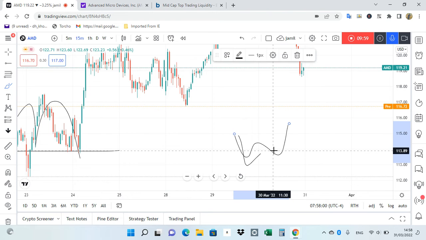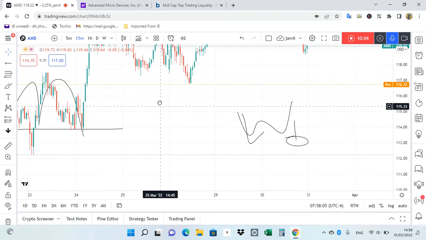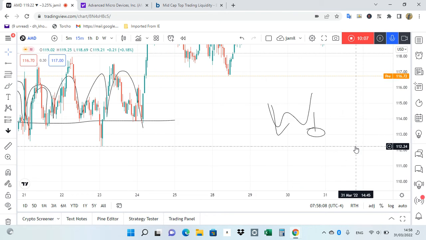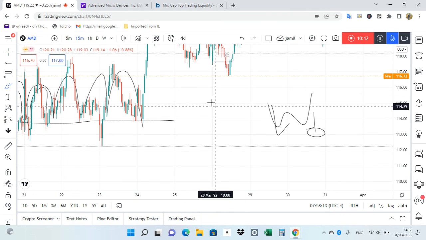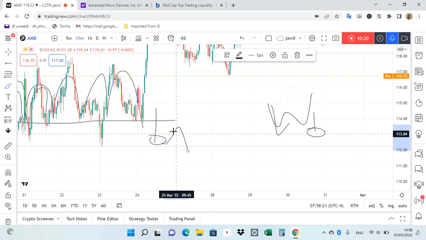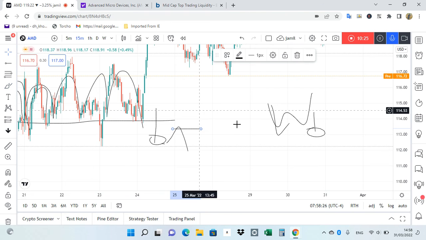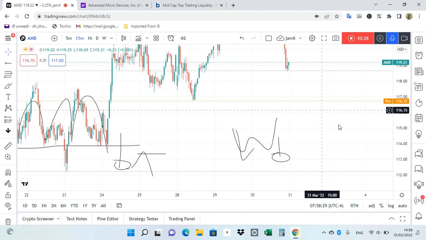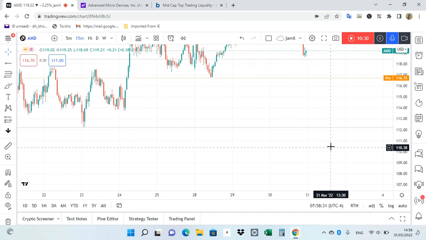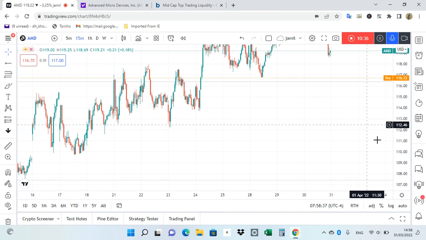If 114 is going to break, remember, if you want to make sure whether this swing is going to break out or not, go to the 50-minute time frame. If the market breaks out with a candle closing, then buyers will retest here, then any negative candle is the confirmation that this level is no longer strong for the market. So we just wait for sure. If the market is able to break this level, the target will be huge: 111, 112, 110 in this range.